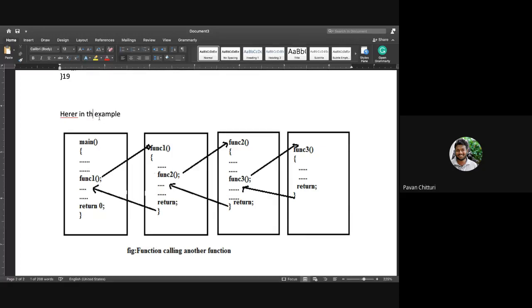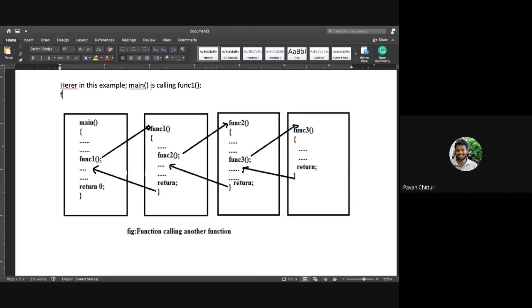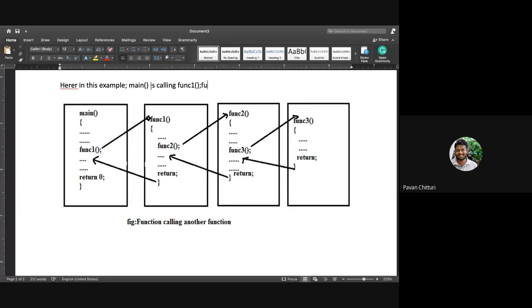Here in this example, main function is calling func1. Next, func1 is calling func2 and so on.